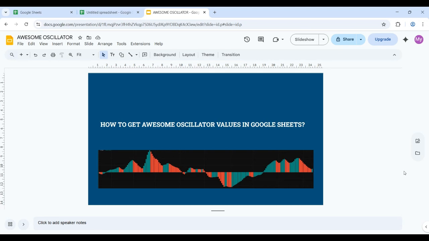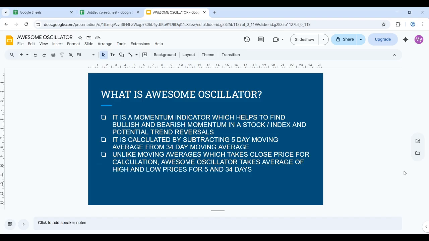In this video, I am going to explain how to get awesome oscillator values in Google Sheets. What is awesome oscillator? It is a momentum indicator which helps to find bullish and bearish momentum in a stock or index and potential trend reversals. It is calculated by subtracting 5-day moving average from 34-day moving average. Unlike moving averages, which take close price for a calculation, Awesome Oscillator takes average of high and low prices for